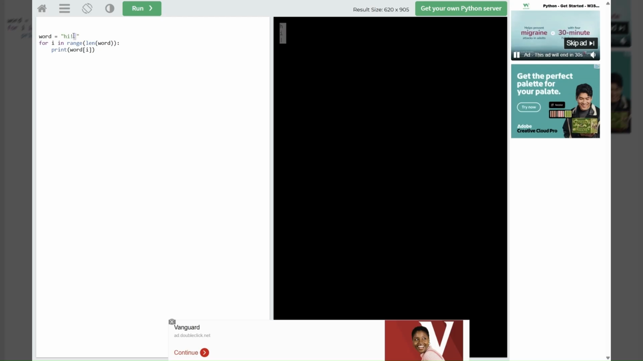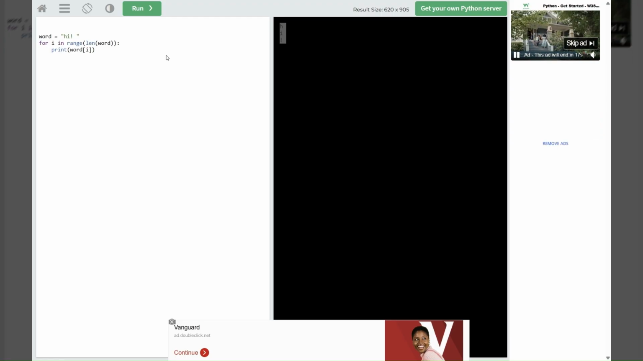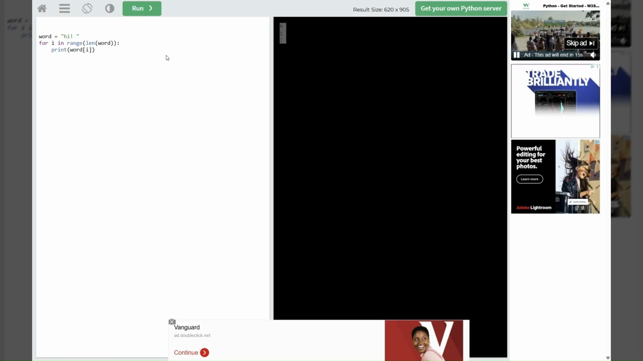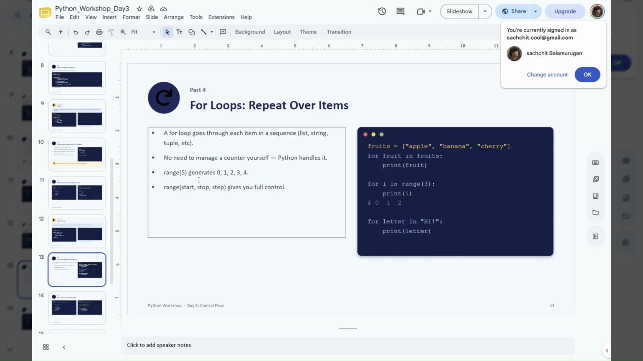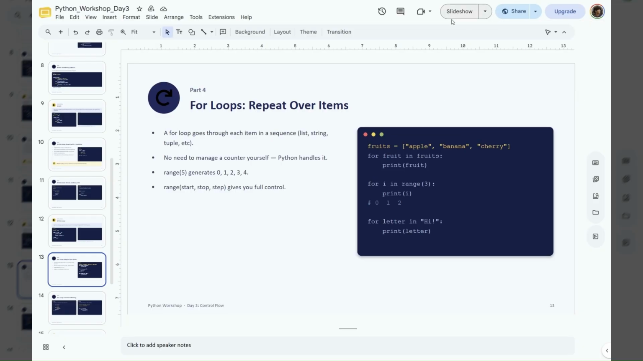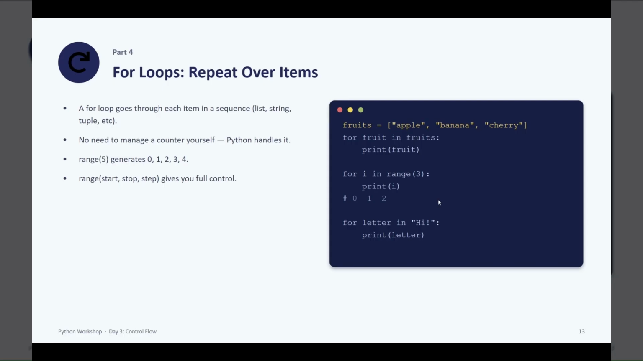Great. So that's how you can loop through an array, or a list as it's called in Python, tuples, and strings using a for loop. Another thing you can do with range here is